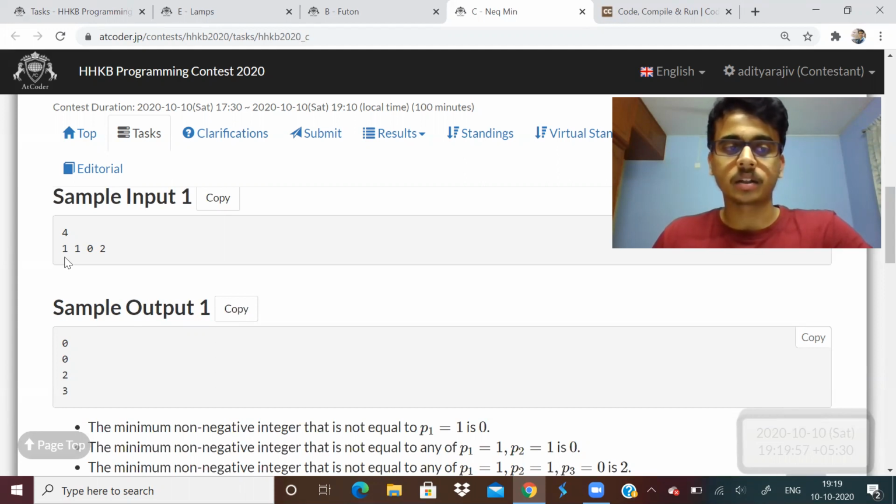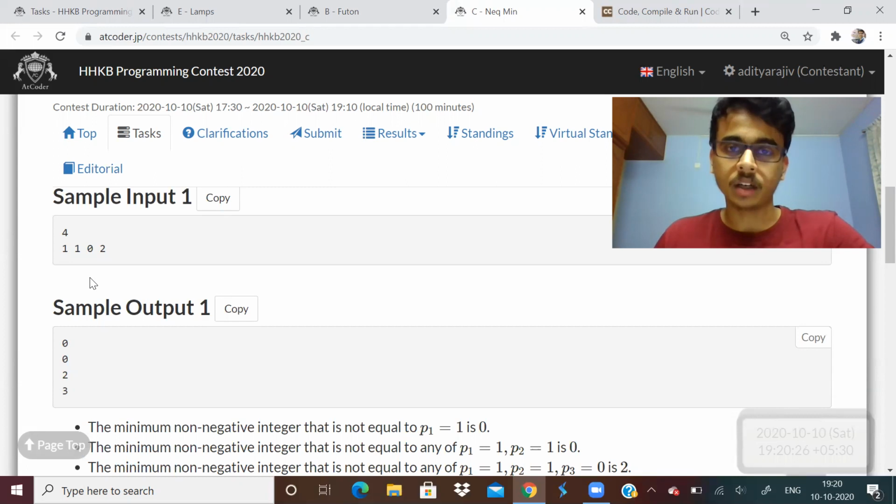How to start? For the first case, when i is equal to 1, the smallest non-negative integer that is not present until now is 0. Similarly, when we come here, the smallest non-negative integer not present is again 0 only, because there is no 0 until here. But now there is 0 in the third element.